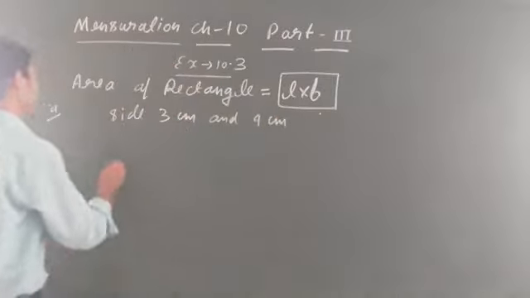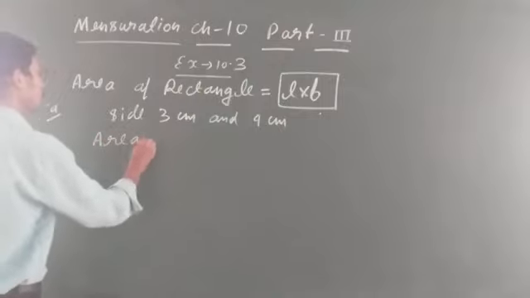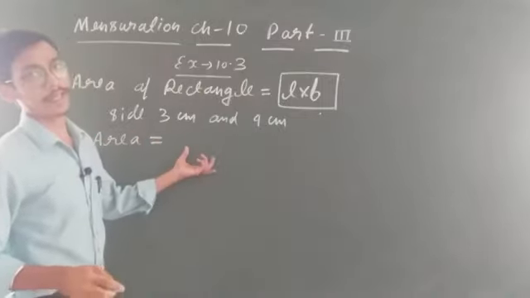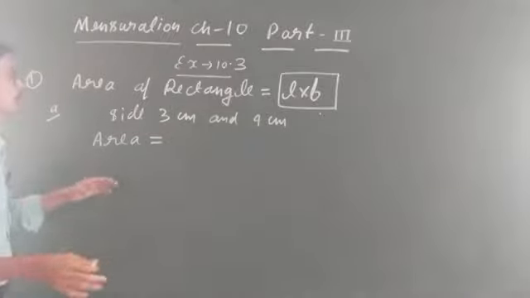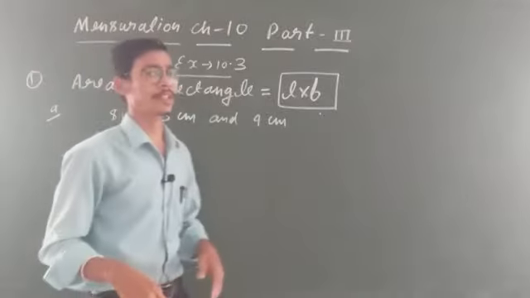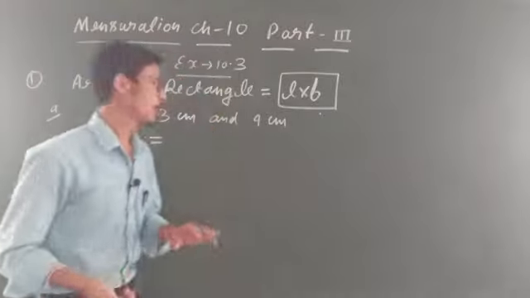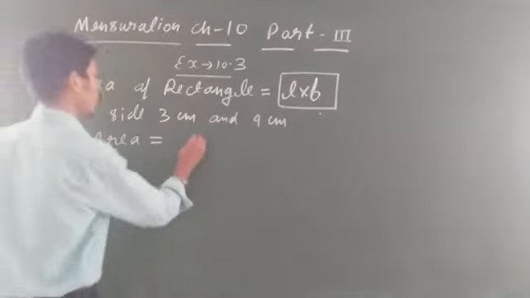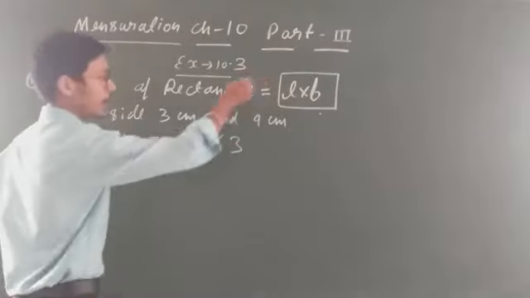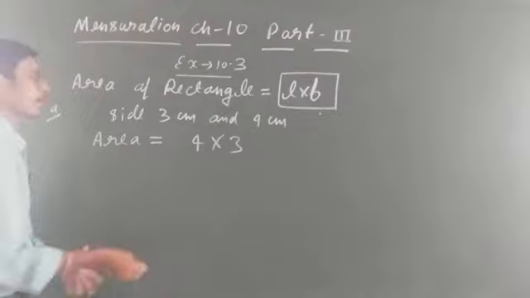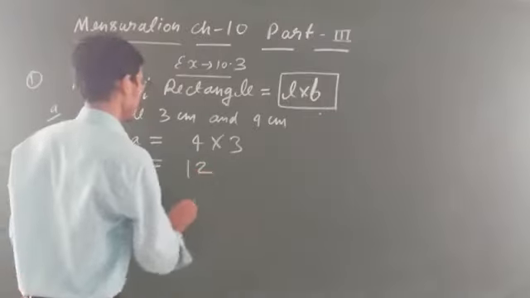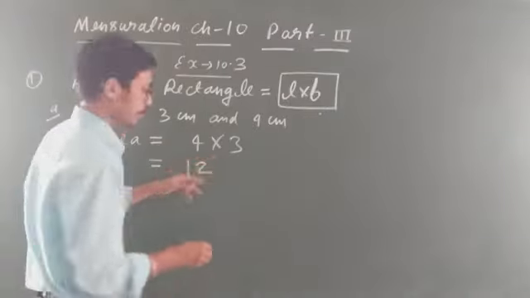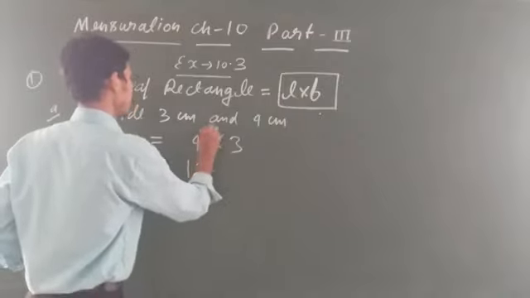Of area you know that area is equal to simply L into B. You have to find out which one is L and which one is B. You know that length is always greater, so there is no need of writing, but you can write 4 into 3, because L into B or B into L is the same process. This will become 12, and this is given in centimeter. So centimeter.